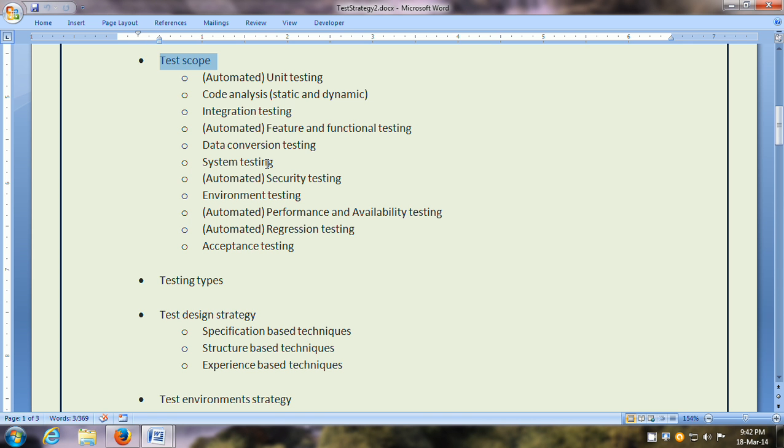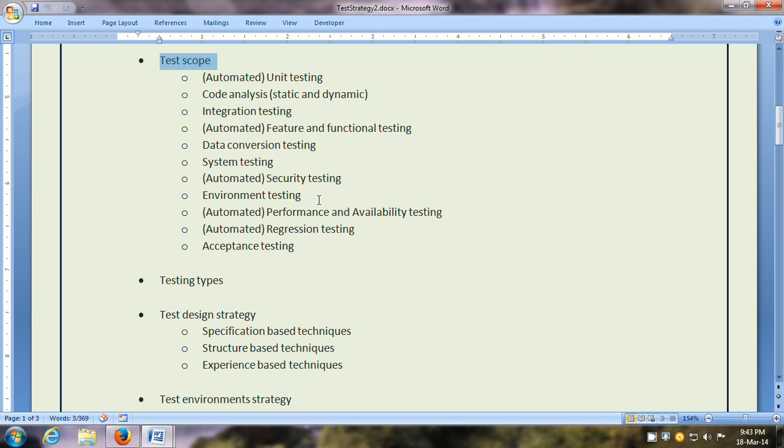Then there is system testing. System testing comes after feature and functional testing, and here the end-to-end flow of the system is tested, and also the integration of the system with other systems is also tested. Then it is possible that security testing is within scope. So security testing is testing for vulnerabilities within the system, testing for any possible insecure access or any data privacy issues, etc.